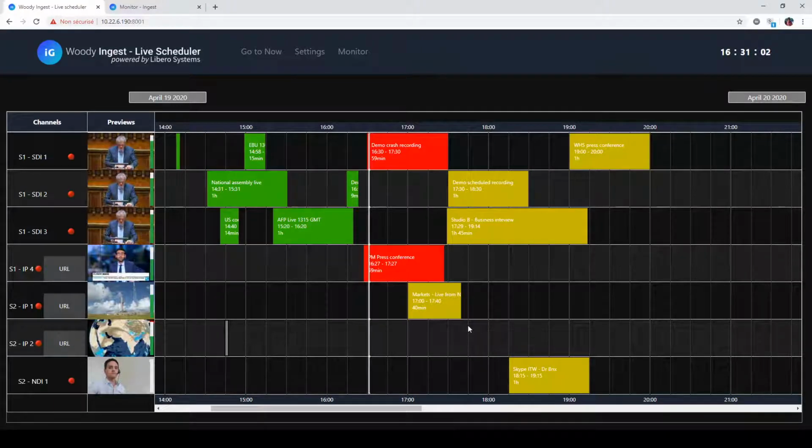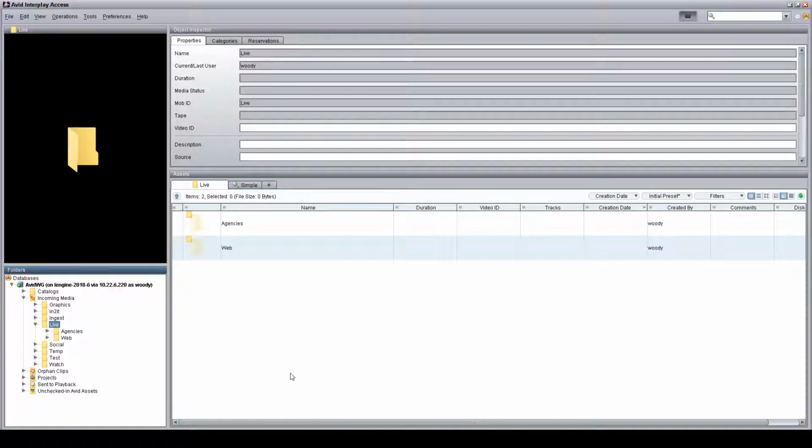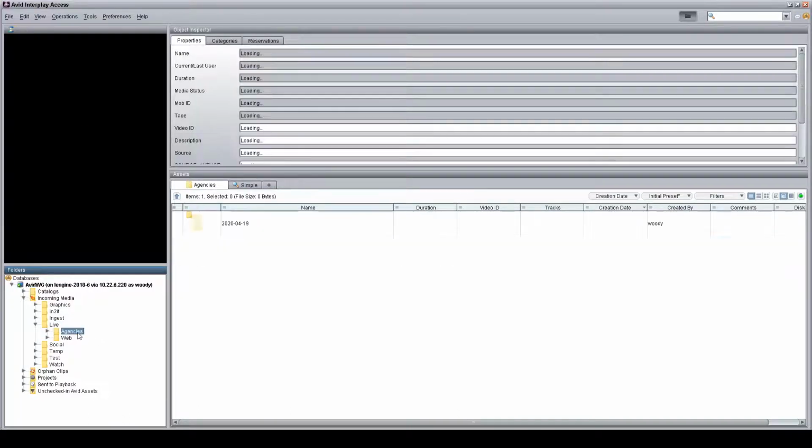Of course, the system, as I mentioned before, supports edit while recording. So this demo crash recording that I started a few seconds ago, is it available now for editing in my production system? To know that, I am going now to my Avid Interplay system because my system is connected to Avid Interplay. And as I used the agency's profile, I go to the agency's folder